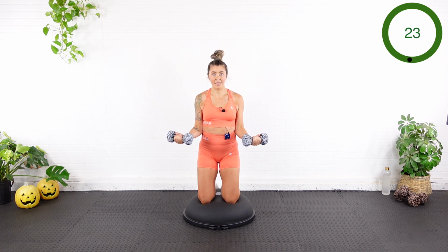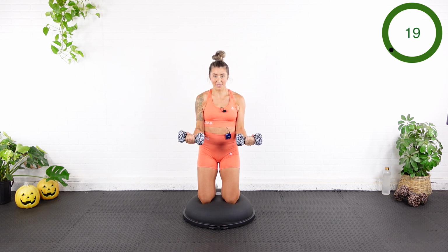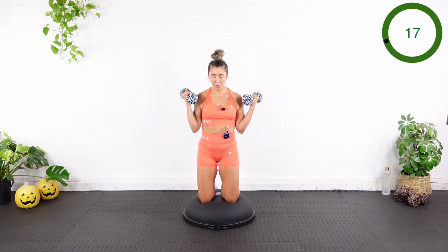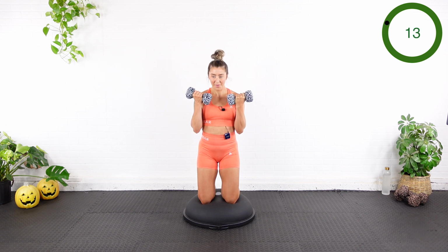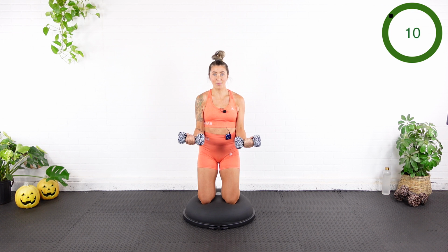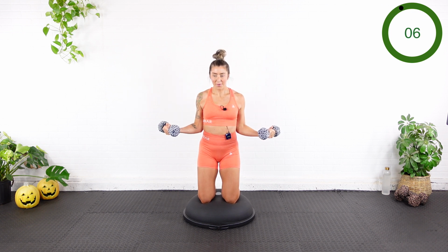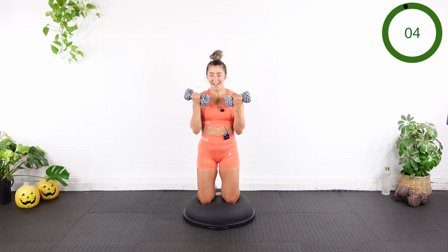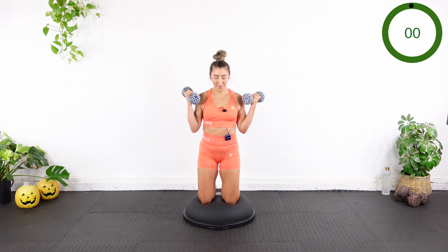You might even feel those legs starting to fire up too, especially if you've got those toes off the ground. You've got 15 seconds left. Remember your breathing anytime you're working against gravity. 5, there they are, my biceps are burning. 2,